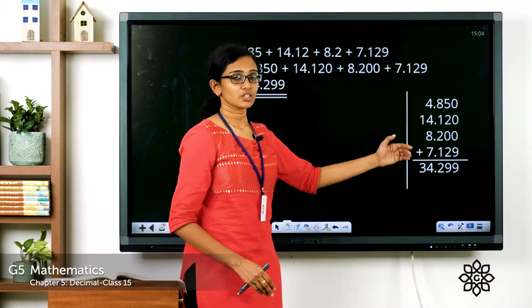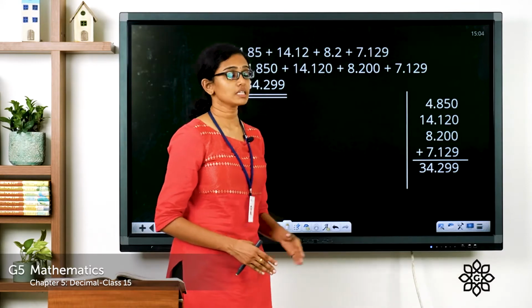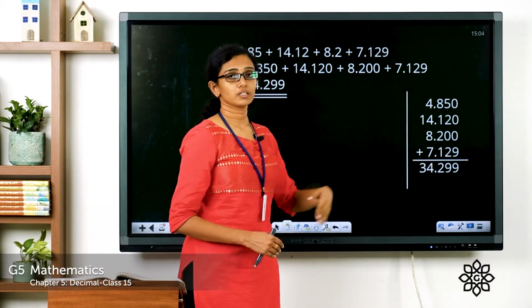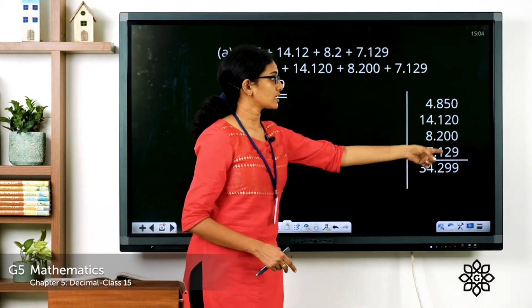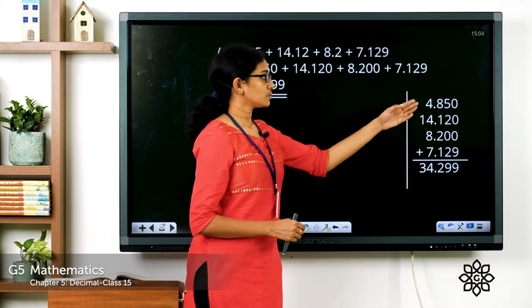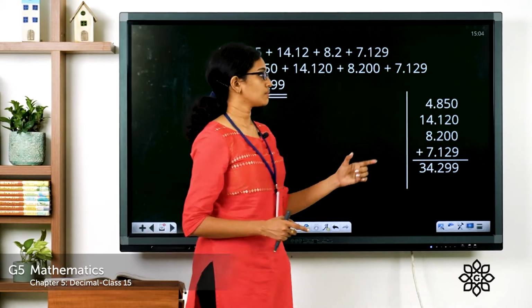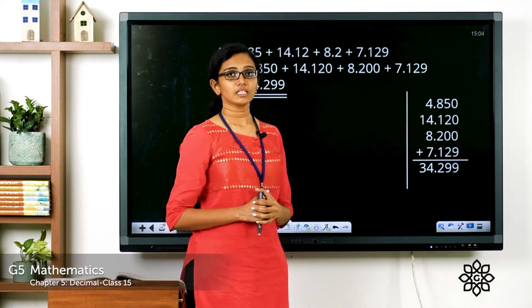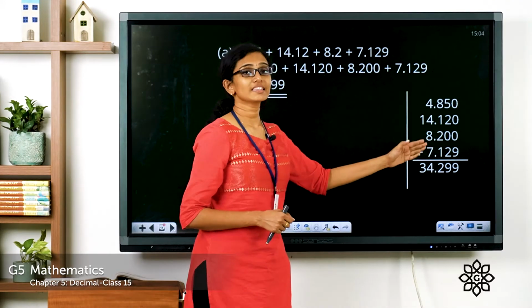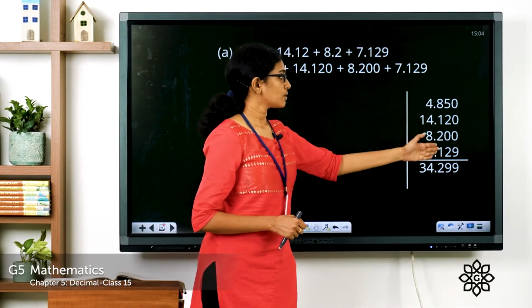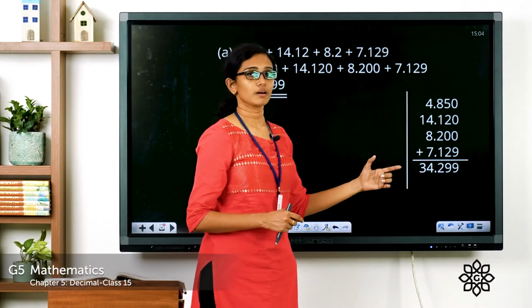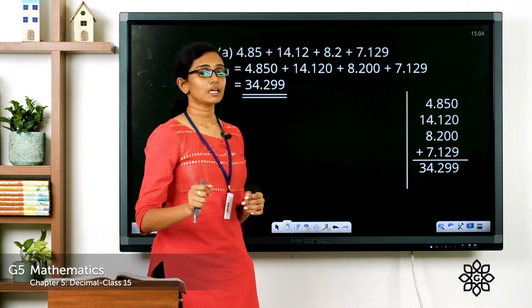in a way such that the digits in the same place come right below one another. The digits in the same place are in the same column. You have to write it exactly in the same column. And also in the answer, make sure you're putting the decimal point exactly below the decimal point in the given numbers. So adding these numbers will give you the sum